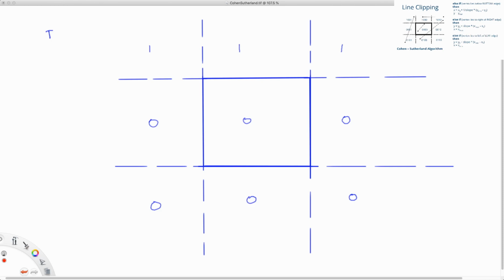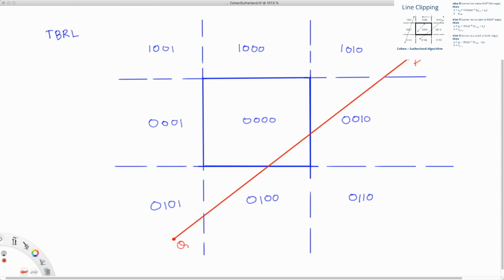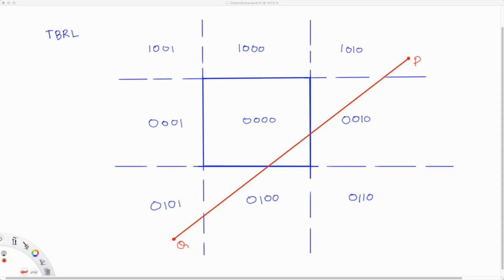For the top you get these bits, for the bottom you get the next bit, for the right you get the third bit, and then finally for the left you get the fourth bit. And say what you want to do is clip this particular line. Okay, so how do we go about doing that?